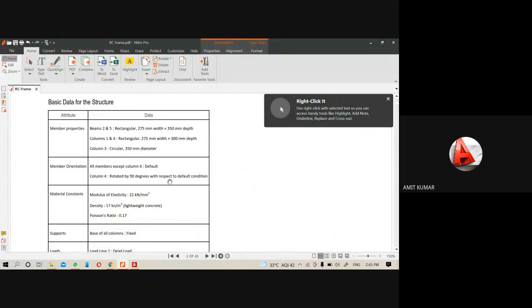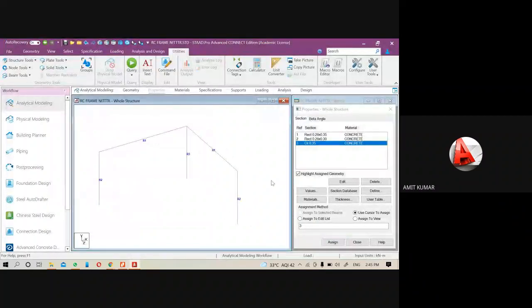So let's see where it is. For the column number 4, it is rotated by 90° with respect to the default condition. Okay, so for the column number 4, we will provide the beta angle. Column number 4 has the property of R2.